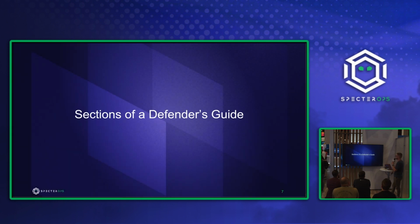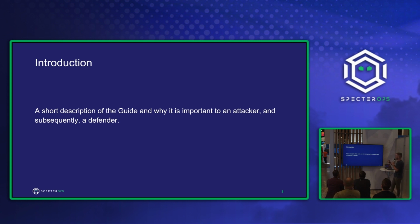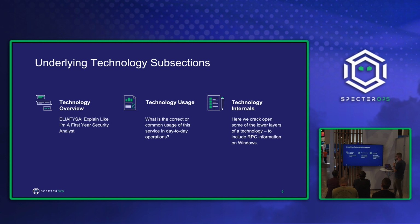What are the sections in a Defender's Guide? So the introduction is pretty small, but there is a short description of the guide, why it's important to an attacker, and therefore why it would be important to a defender. Then we have an underlying technology section. We stole this from a concept that one of our partner companies put out called the Alerting and Detection Strategies. So essentially we give